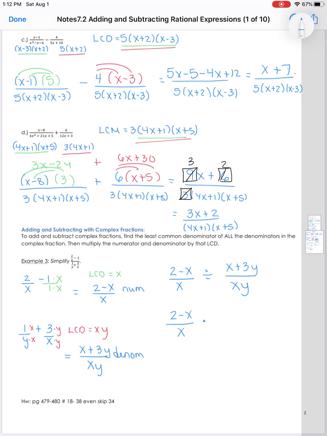We know we can't divide fractions, so what I'm going to do is flip the fraction, multiply, and then flip the fraction. And then what you find is the only thing that cancels are these x's. So we have a y with a 2 minus x on top and an x plus 3y on the bottom. But I do suggest treating the top and bottom separately and then putting